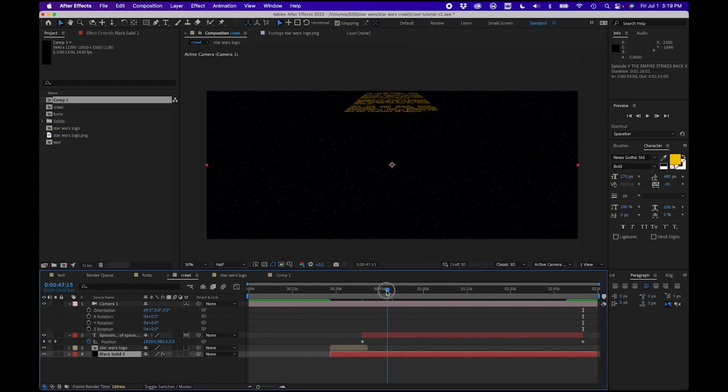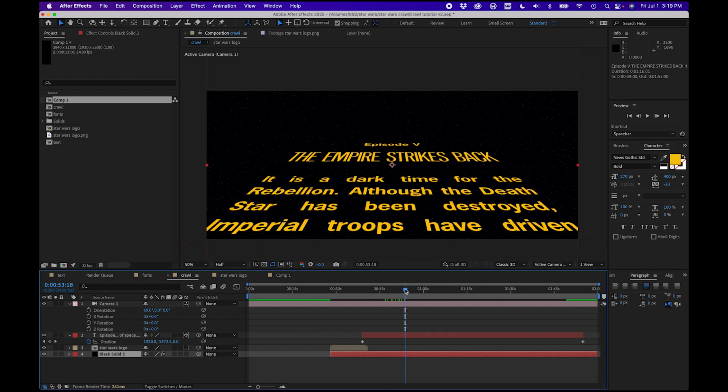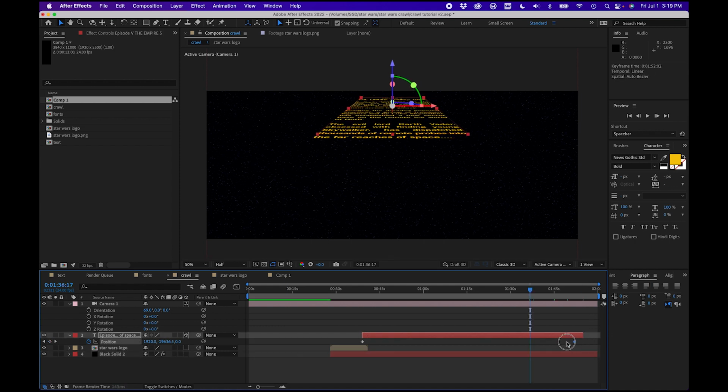As for the timing of the crawl, you want it to be about 40 to 45 frames from the top of one line to the top of the next. This doesn't have to be followed exactly as long as it's readable, but it can be accomplished in a few ways. You can change how far along the Y-axis it travels, you can change how long it takes to get from keyframe to keyframe, or, even though I think the constant motion looks just fine,